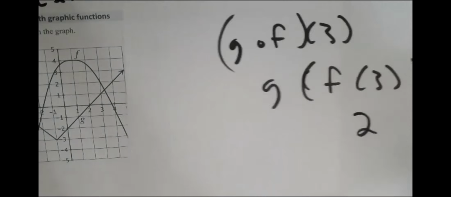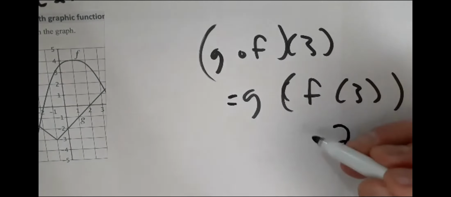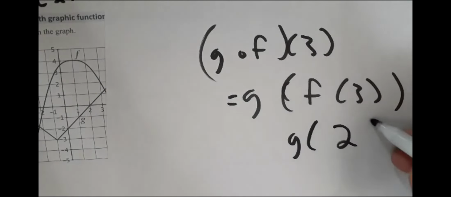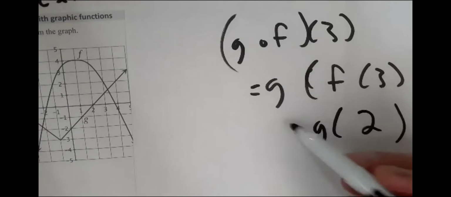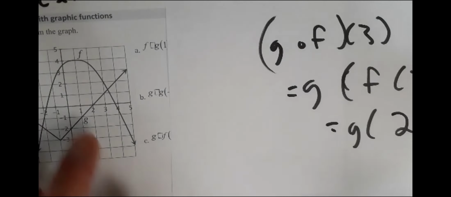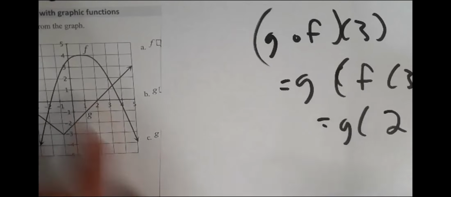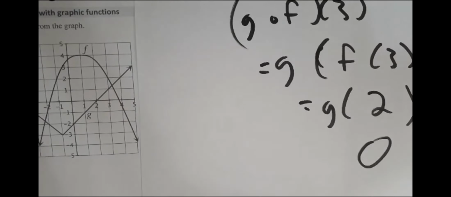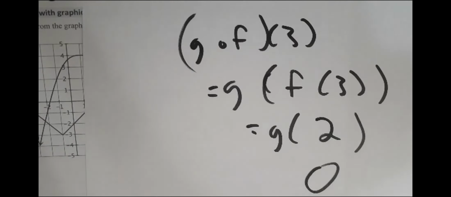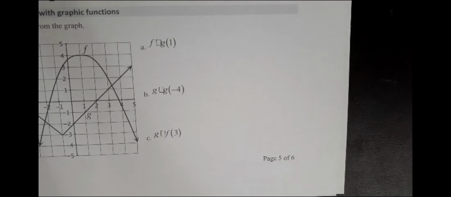This thing on the inside is evaluating at 2. I still need to do my g function. So g of 2, now I'm looking at 2 here. My g at 2 is the value of 0. Okay. So now we have